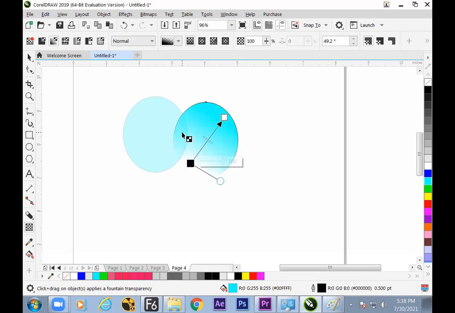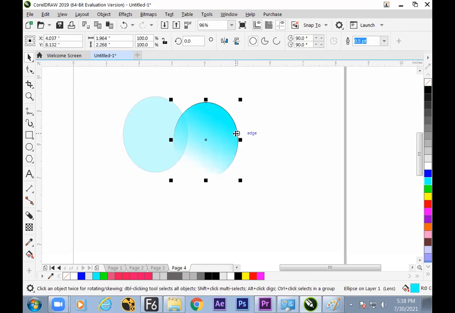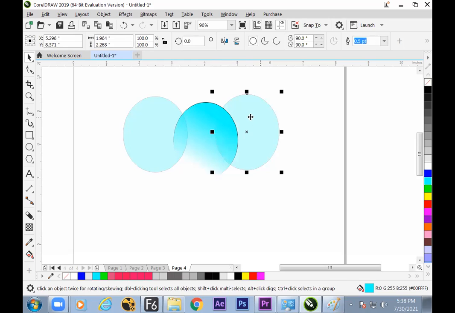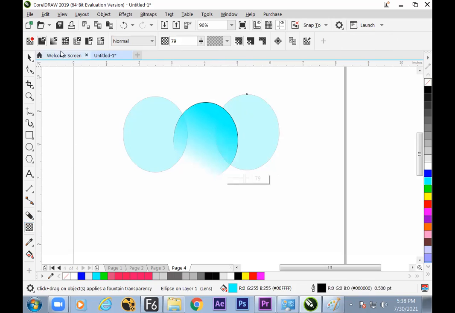Now we have seen two types of transparency. One is uniform and the other is fountain. But except that, we can go for the next level of transparency, that is called pattern transparency. But in gradient transparency or fountain transparency, we have seen about the color and its value. White color is completely visible, black color, complete transparency. Now let us go for the final type, pattern transparency.